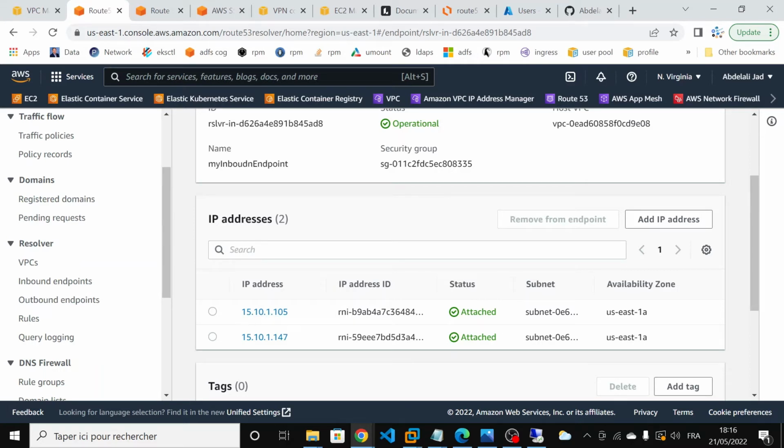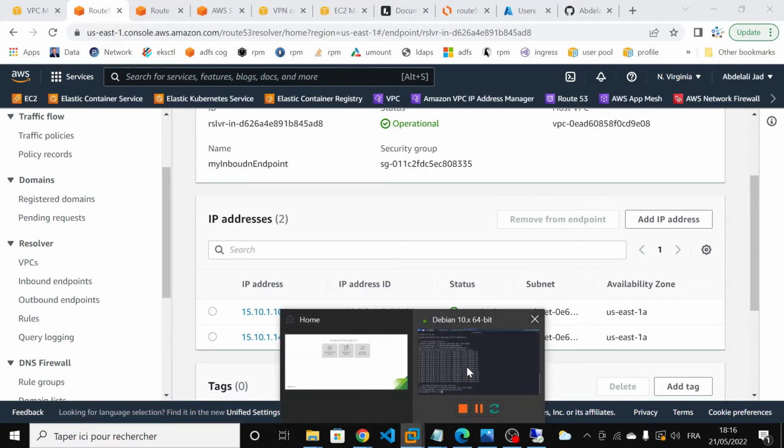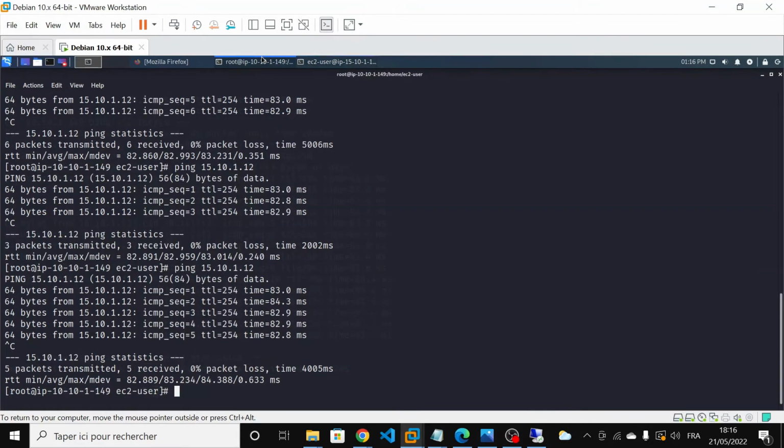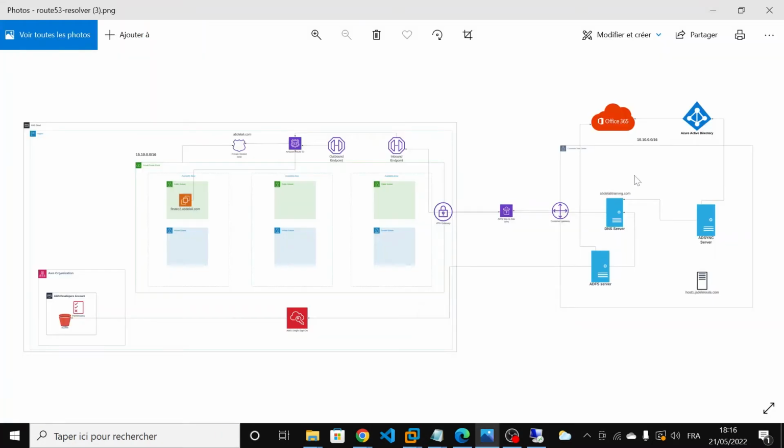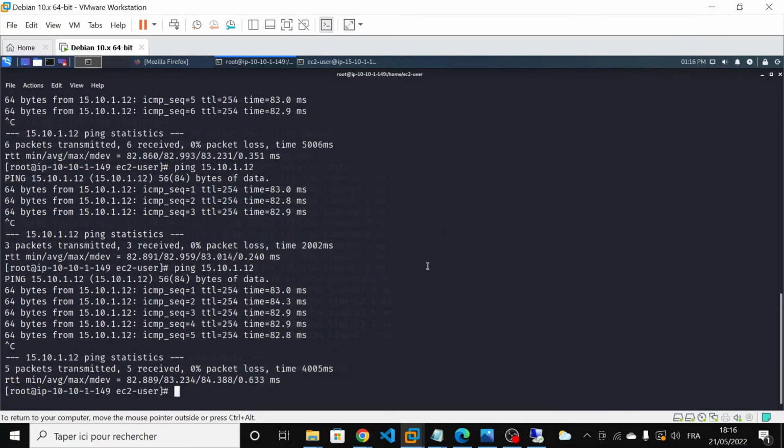Sorry, it provided me with the private IP addresses. So we have to make note of these IP addresses because we'll use them later on. But first thing, before we go further, we have to come back to our instance that resides within our VPC, within our second account, and go to /etc